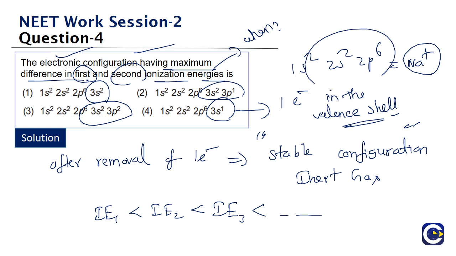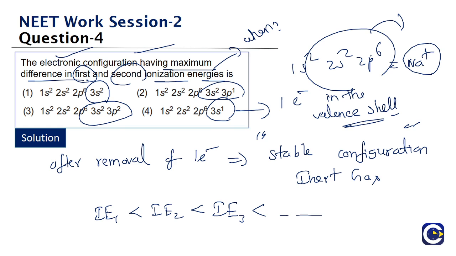Now if you want to remove an electron, you have to remove it from the outermost orbit. The outermost orbit is currently octet filled, 2s2, 2p6 structure, so it will be very difficult to remove the electron. That is the reason why we see a large or maximum difference in the first ionization energy value and the second ionization energy value. Similarly, if there is another question, like in some of the previous questions, we have talked about it.